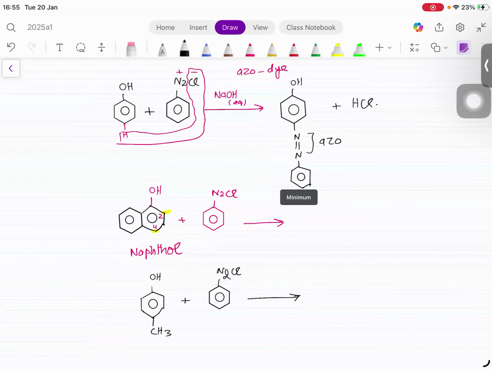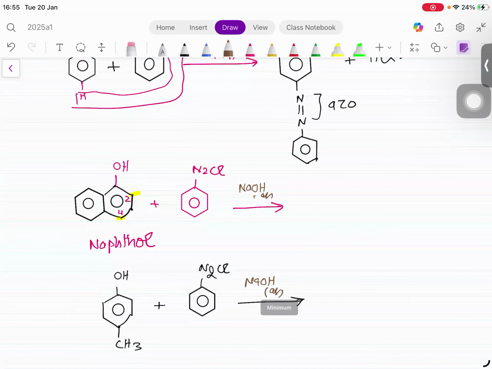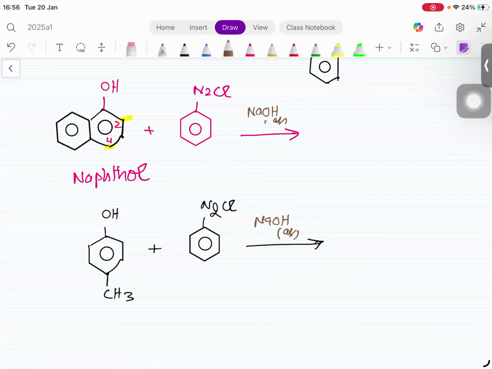NaOH is a kind of solvent which is used to neutralize the HCl that is formed in every type. Okay. So NaOH is always used. Please draw the structure of the azo dyes formed in these two reactions. When naphthol reacts with BDC,